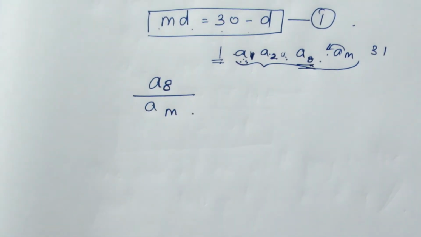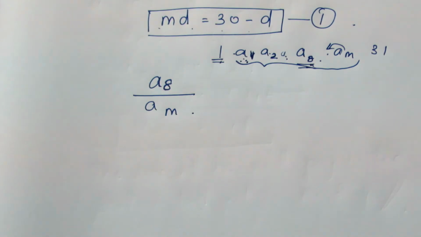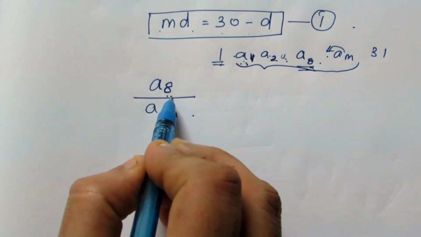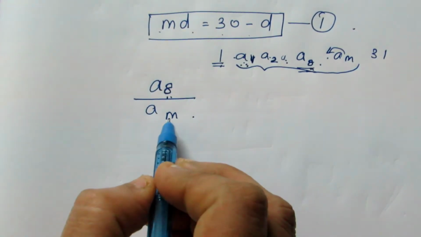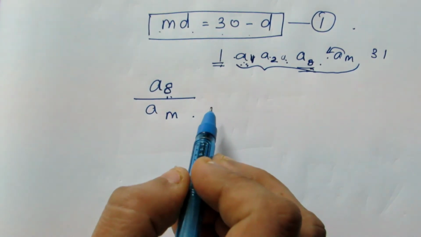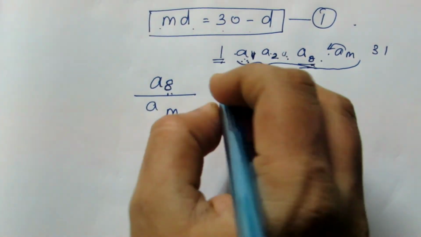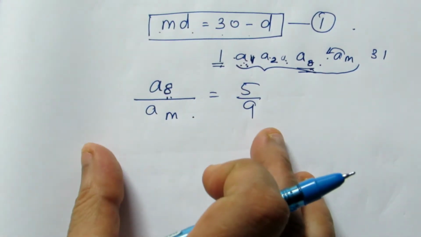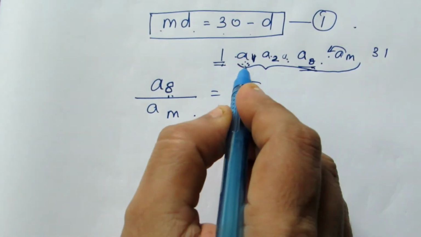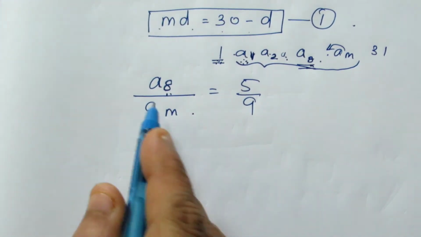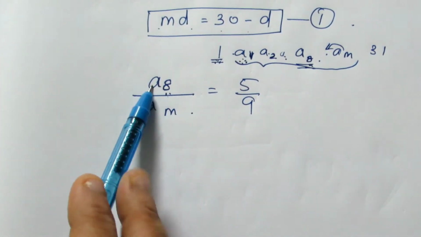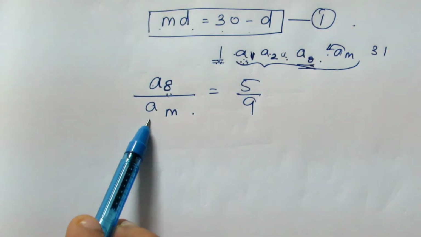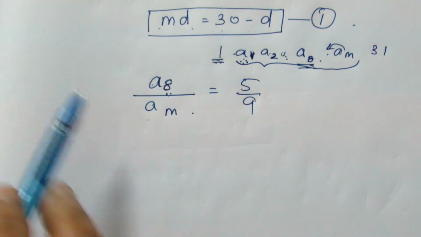am. So a m minus 1 is nothing but am, because we will add plus 1 to each. If it is the 7th term, we are adding 1, it will be 8. If it is the m minus 1 term, m minus 1 plus 1 will be m. So am, the ratio is 5/9. Here we should be very careful while writing, because we have not taken the first term to be the first term. So A7 will be A8 and am minus 1 will be am. Otherwise you will lose the sum.